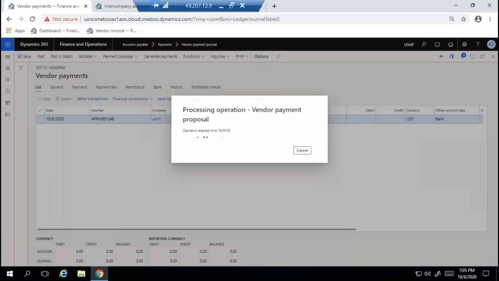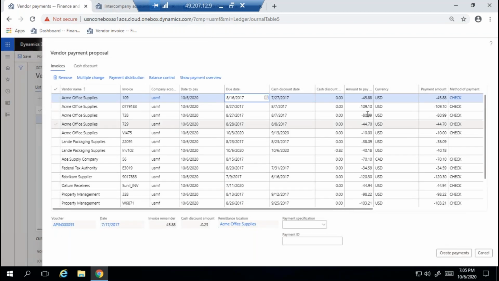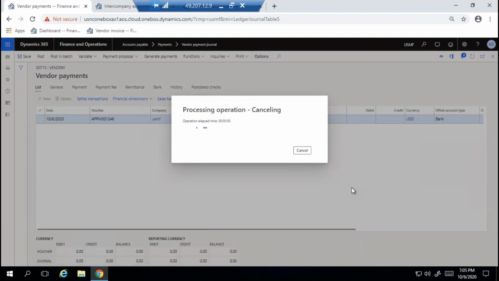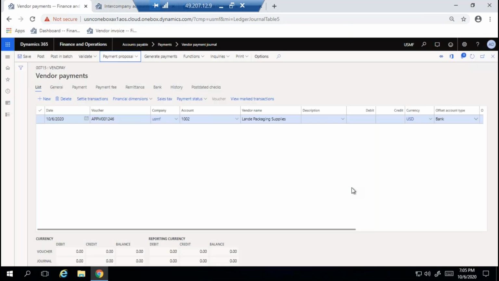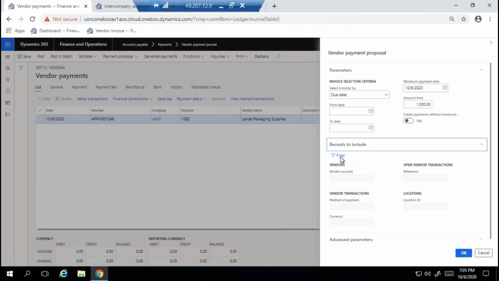This is our regular invoices. It is showing all invoices less than 1000. Actually, it is showing all legal entities and all vendors, but I don't want all vendors. I'm canceling. So create payment proposal. Here in records, I would like to filter a particular vendor.